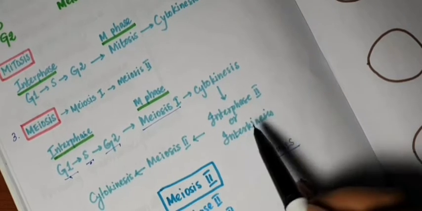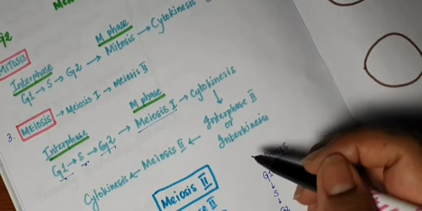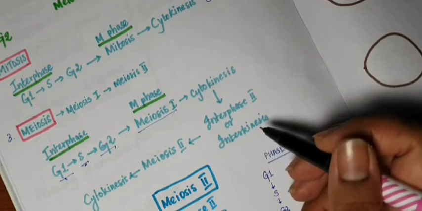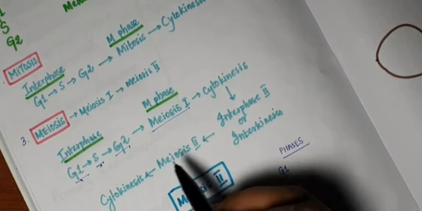The entire genome of that cell is replicated. But in interphase 2 or interkinesis, that genomic replication does not occur. Okay, interphase 2 is a short resting period where the cell is allowed to replenish its proteins. So then after the short resting period, it proceeds to meiosis 2. In meiosis 2, again, it has undergone nuclear division only. So it has to undergo cytokinesis again.